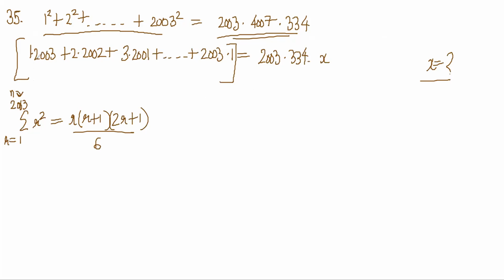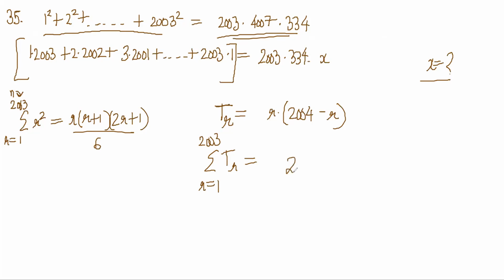Each term of this series, can we write a general rth term? General rth term will be r into 2004 minus r, no? Oh, okay. I took 2003 minus r minus 1 it will be, no? I understood my mistake then. It will be 2004 minus r, it will fit, right? And r goes from 1 to 2003, right?